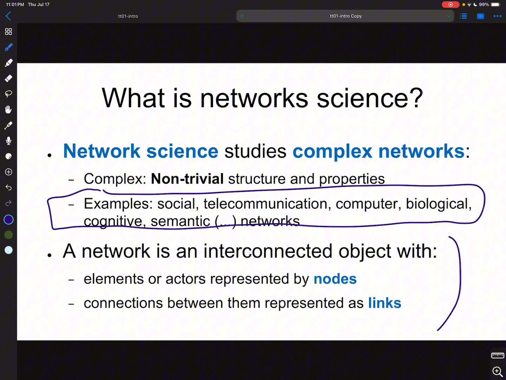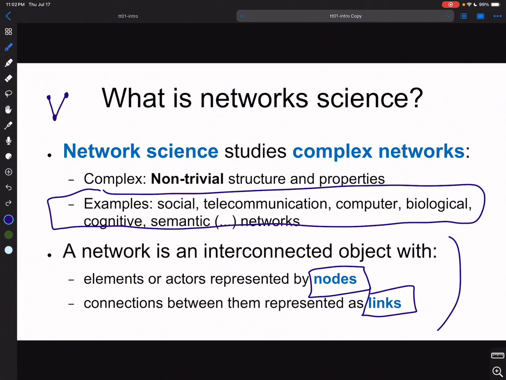So there are social networks, of course, networks of just friends who know each other, right? You can think of that as every person being represented as a dot. If you have two people, these are two dots, which we will call nodes. And then if they are friends, there is a line between them, or an edge. Here they're being called links, right? So you could have a person here who is friends with each of the other two people, but these two people are not friends with each other because no link is drawn between them. So that's an example of a social network.